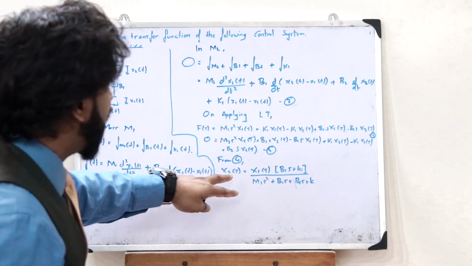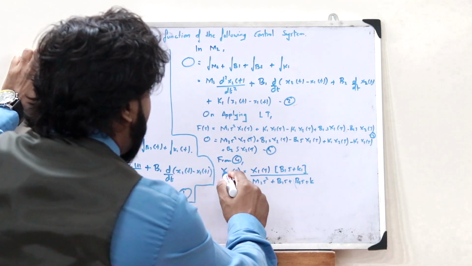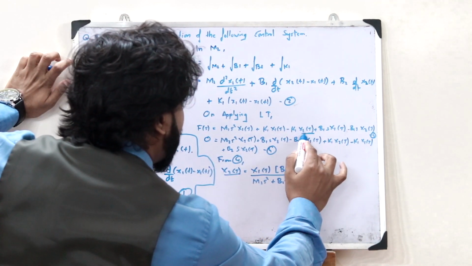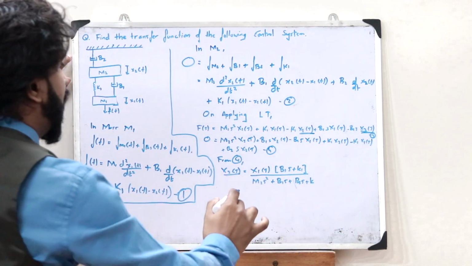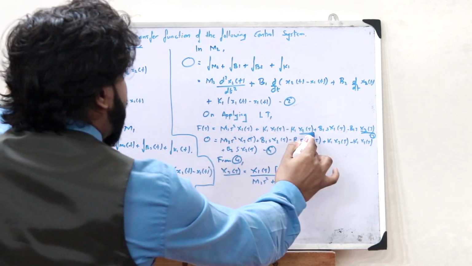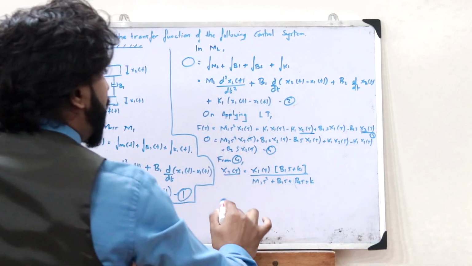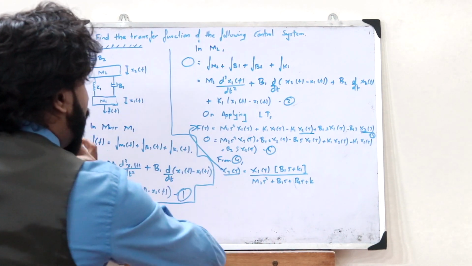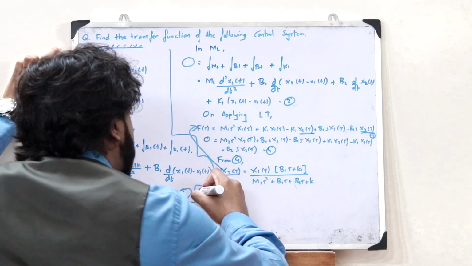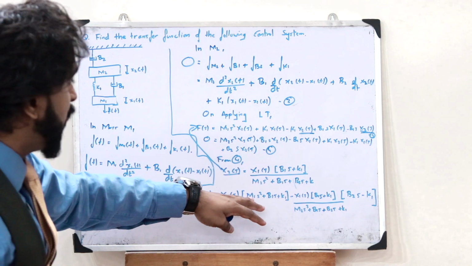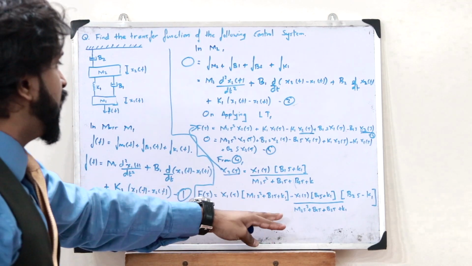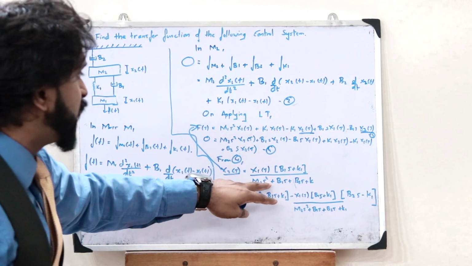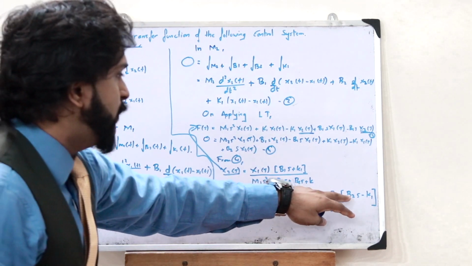So now what we do is that we will substitute this particular X2 of s into this particular equation. So here in this particular equation we have X2 of s over here and X2 of s over here. So here what we do is that we would now substitute these over here so that this entire equation would become in terms of this particular variable X1 of s. So on substituting this X2 of s in this particular equation, we would get F of s is equal to X1 of s into (m1 s squared plus b1 s plus k1) minus this particular X2 of s, which is X1 of s into (b1 s plus k1) divided by (m2 s squared plus b1 s plus b2 s plus k1) into (b2 s minus k1).